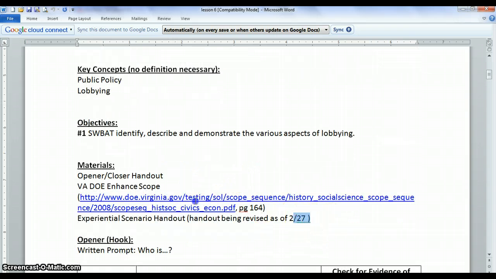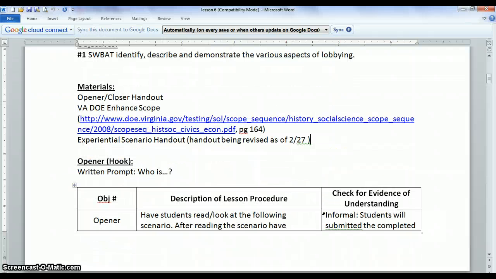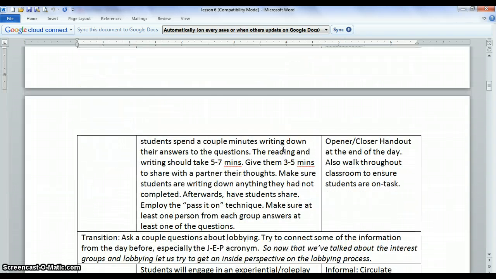Thus, the materials themselves changed a little bit because I got rid of the opening prompt. So originally, the opening prompt was to remind students to not get out their netbooks, and that they were to answer this question. Write down at least one school policy you wish could be changed. Describe some of the ways you might go about getting a policy changed. Now, not a bad opener at all, but I decided that I preferred the first activity as an opener, which was to essentially read this